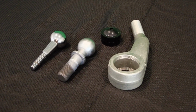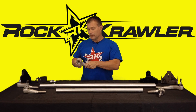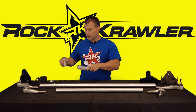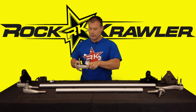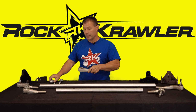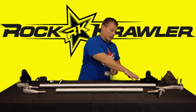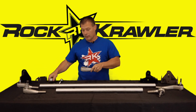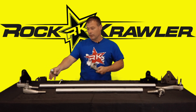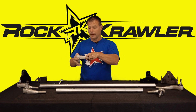Each and every housing is a forged chromoly heat-treated housing with 1-inch shanks. They are completely rebuildable, serviceable, and have adjustable preload. They're also flippable. For example, if you have a drag link under and you started out with a lower lift height suspension and over time you've upgraded, gotten taller, where you needed a track bar relocation bracket for the axle for JK or JL JT and want to put the drag link over the top, you do not have to buy a complete assembly or an end. You just simply purchase the drag link flip ball, rebuild it, flip the guts, and bam, over the top,